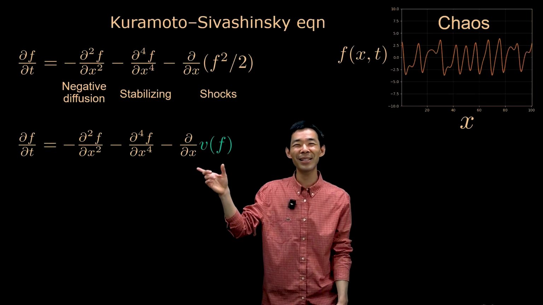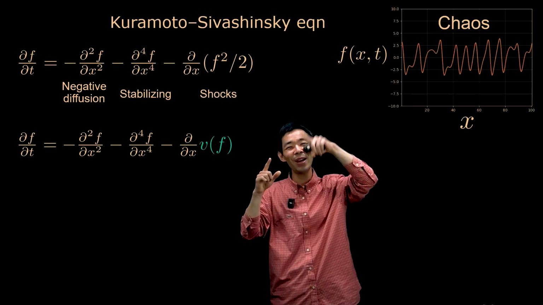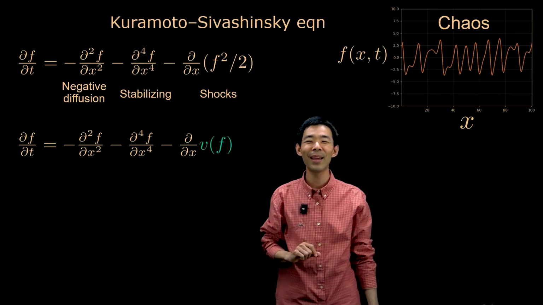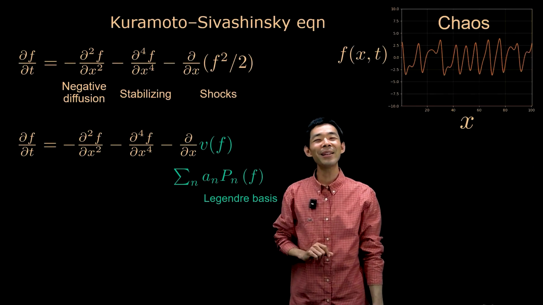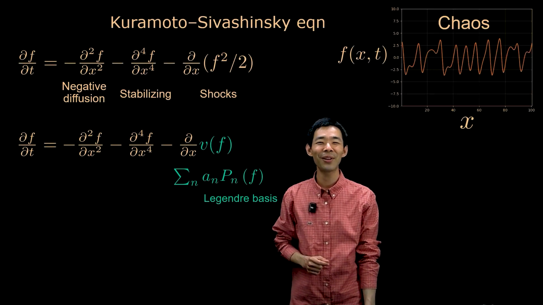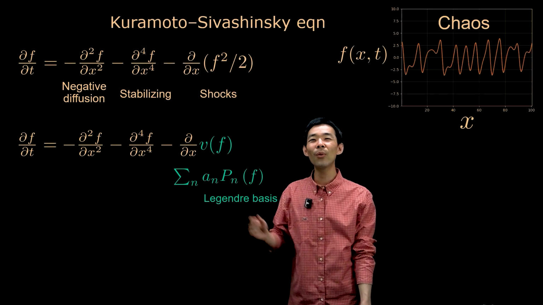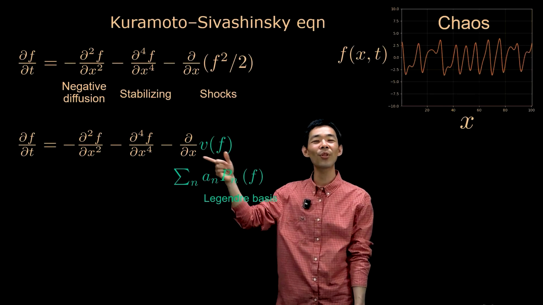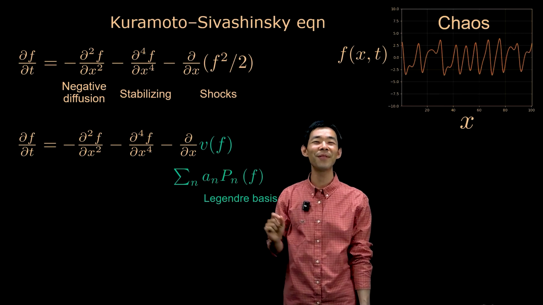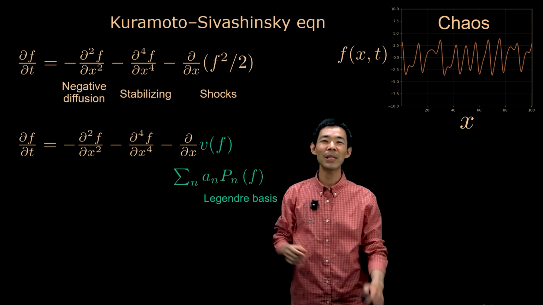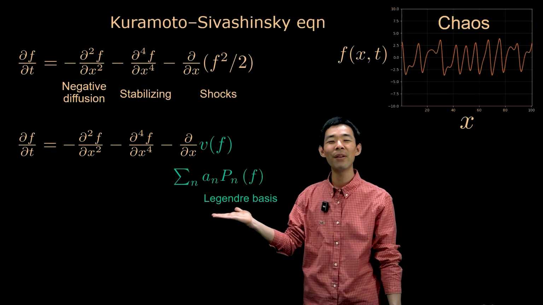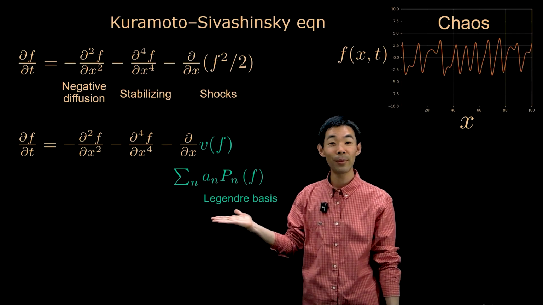So back to our example, can we use the interfacial fluctuation in the data alone to figure out the nonlinear term? Now, what we can do is use the lecture that we've covered on the gray box model, where we can assume some sort of orthogonal basis model for this unknown function v. Now suppose that we wanted to expand this function as a sum of a bunch of Legendre polynomials, which is